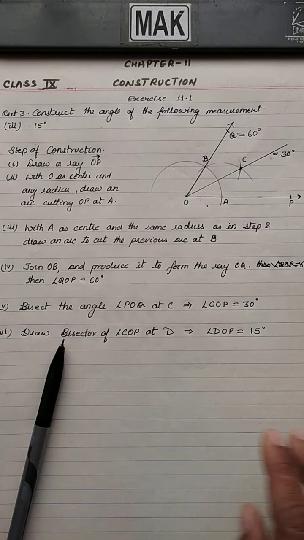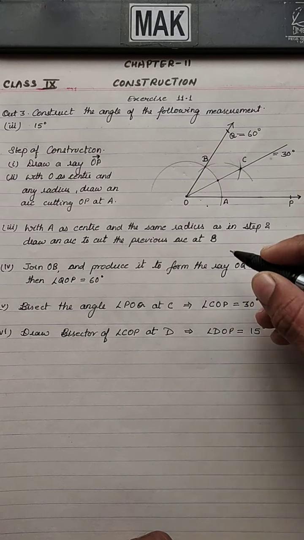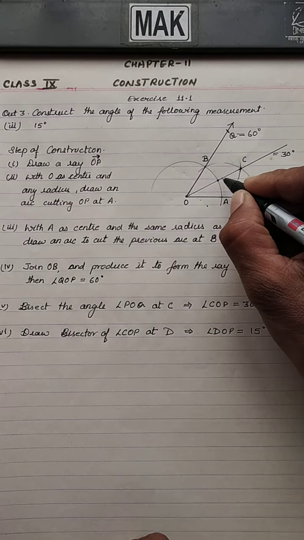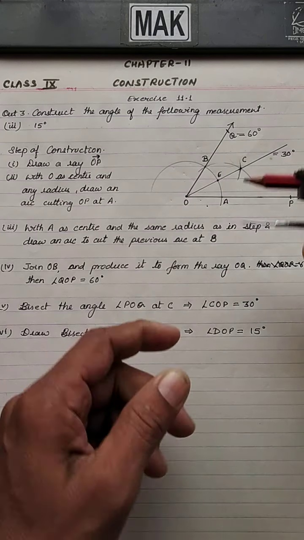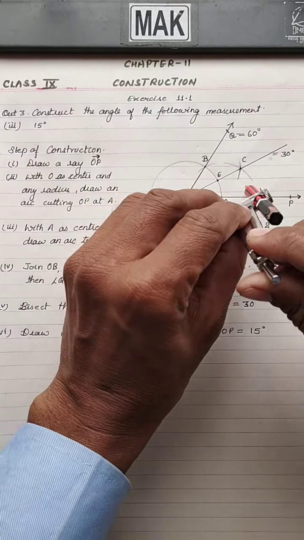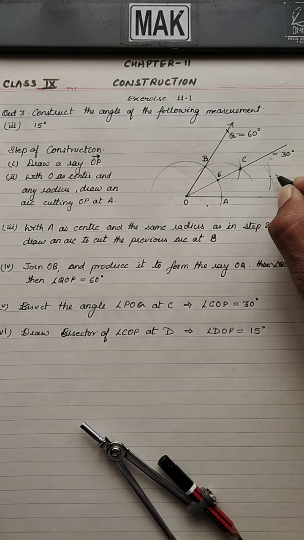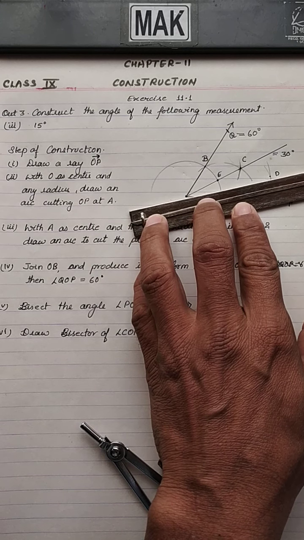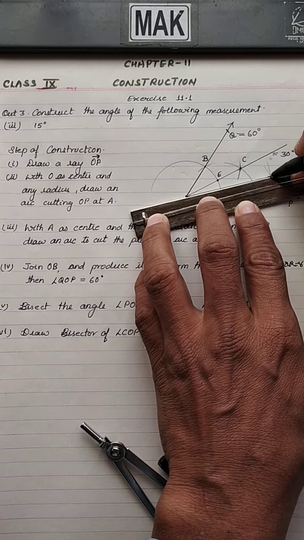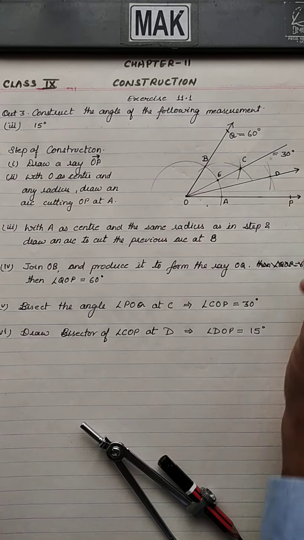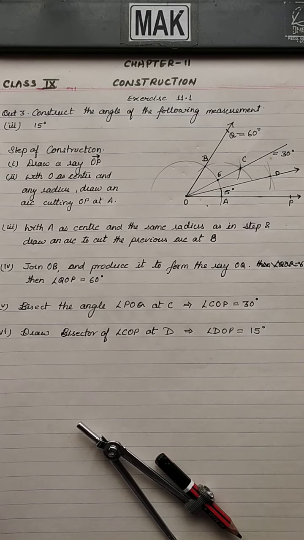Is it clear? See how I am going to draw this. To draw this, we need one more point here. So we are going to take something else, D and E. Here I am going to take only the E point. So it is your A and E. Here we will take this part and this part. So this is our D part. If I draw a line that is your D and O, this will be your angle DOP equal to 15 degrees. So this part is your 15 degrees. Is it clear? Now you can note it down.